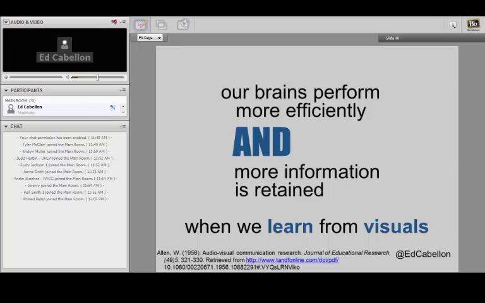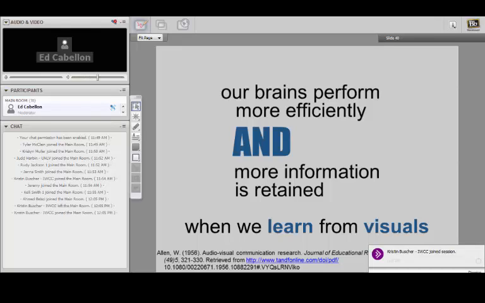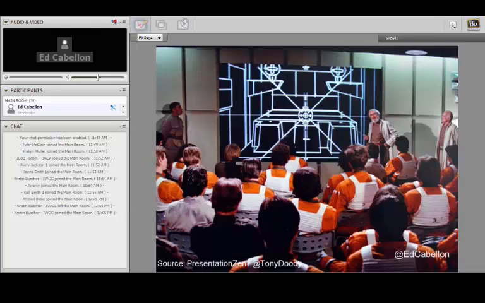And so consider for a moment when you consider how our brain performs better when we can hear and see information, the data behind it is actually pretty staggering. Because our brains perform more efficiently and more information is retained when we actually use visuals versus just speaking. So the best example I can give you to prove this point is from one of my favorite